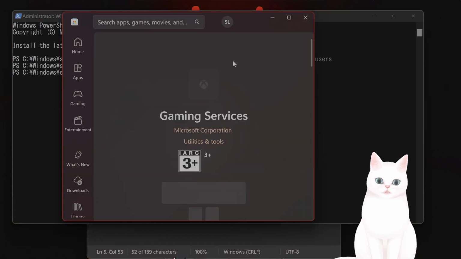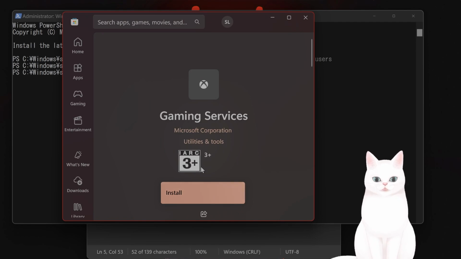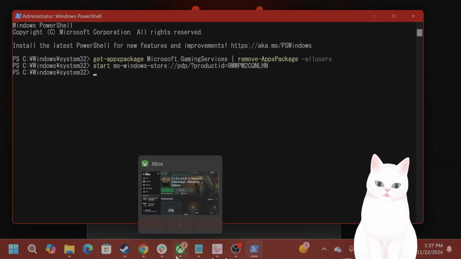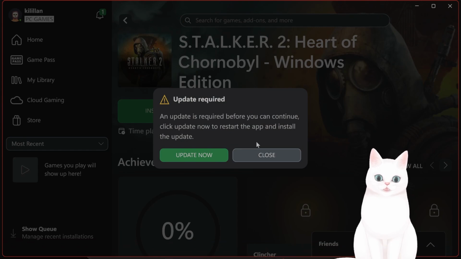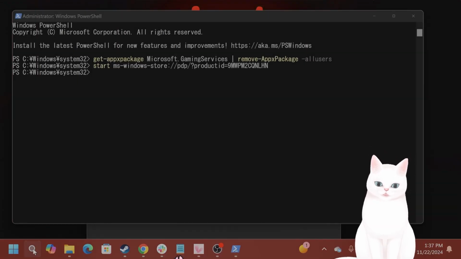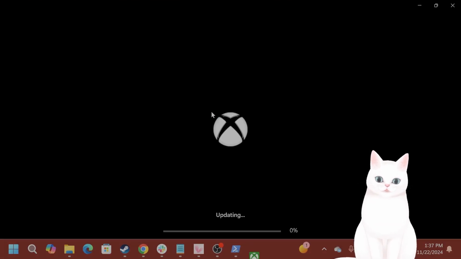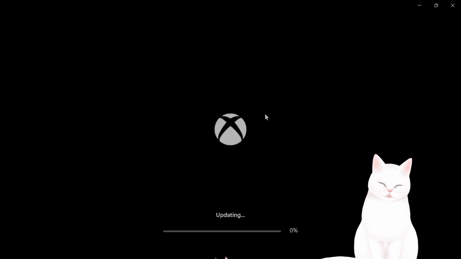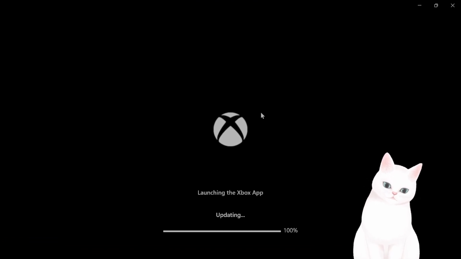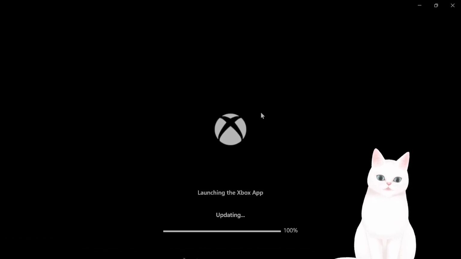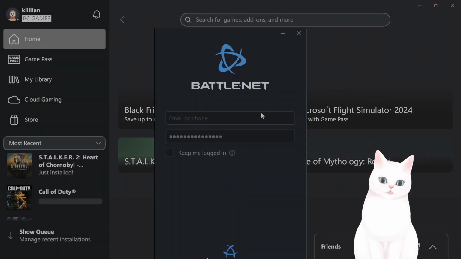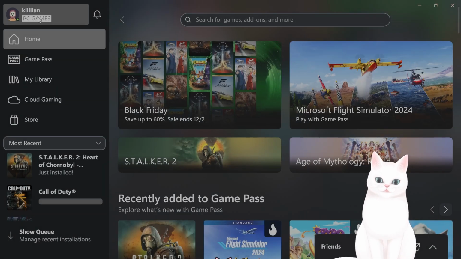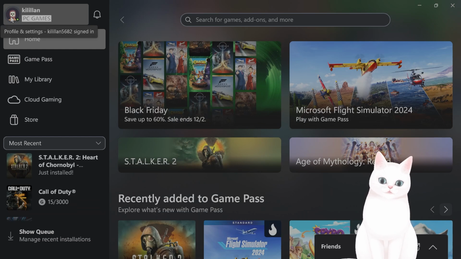It will open up this. I have it installed, but it's fine. I don't need to install it again. And after you've done this, you'll need to reboot your Xbox Game Pass. So let me do that now. Now, what you're doing is installing basically an extension into Xbox Game Pass that allows you to verify and fix files. So after you've done this, what you want to do is go to your profile on the left hand side,